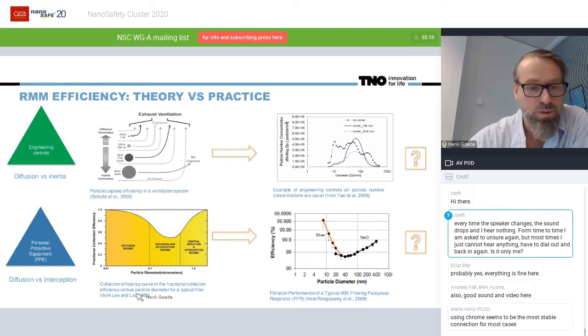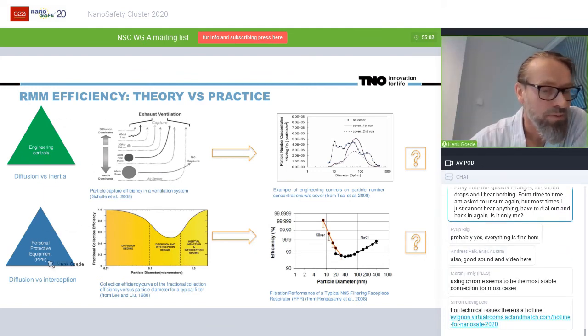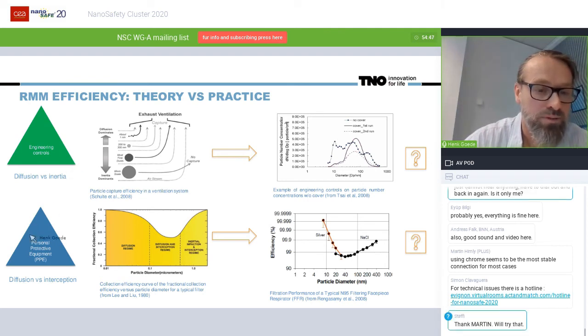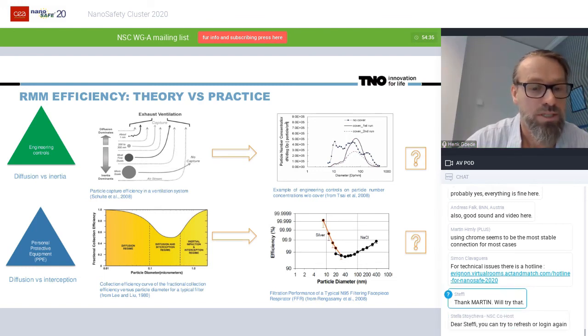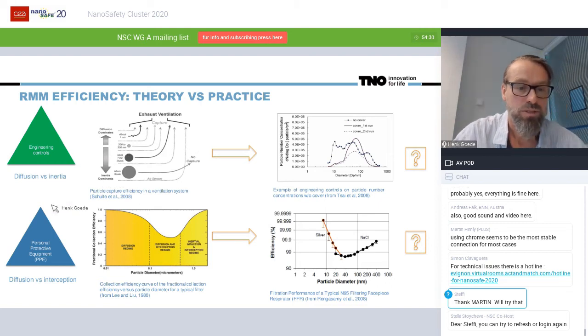All right, this was meant to be shown with some. I'll just start talking about the more on the left-hand side here. I just want to indicate the differences in theory and practice, and how can we actually use information from, for example, intervention studies. If you look at engineering controls and protective equipment, if you look at the theory behind what is happening with nanomaterials, if you apply, for example, local exhaust ventilation, then you realize that the diffusion is a very important